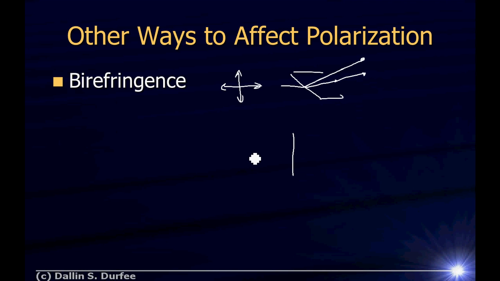You can also cut these crystals at normal incidence. So your light coming in has a different index of refraction for light polarized in and out of the board versus up and down, right? Well, you're not going to refract at the surface because you're at normal incidence, but if you have a different index of refraction, you can give a phase shift to one of the polarizations relative to the other. So if you send in light polarized at 45 degrees, so it's a little bit of this and a little bit of this, you can induce a phase shift between the two. And that's actually how we make circularly polarized light in my lab.